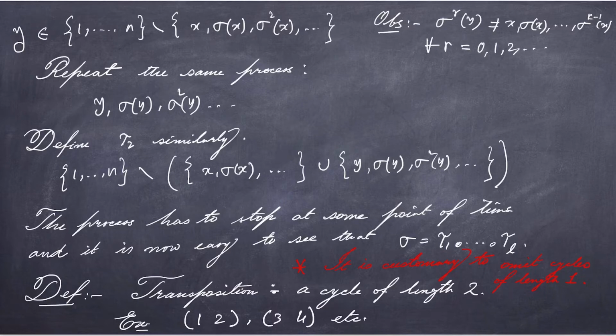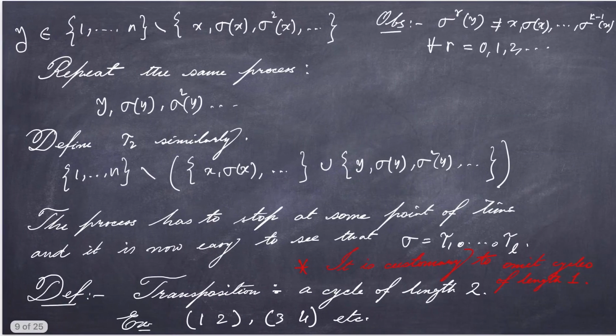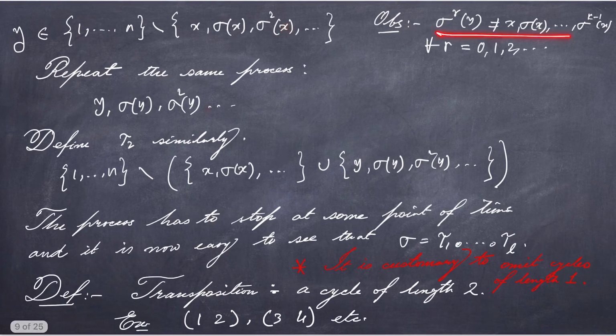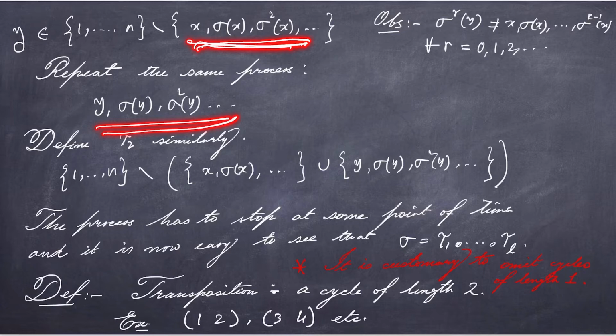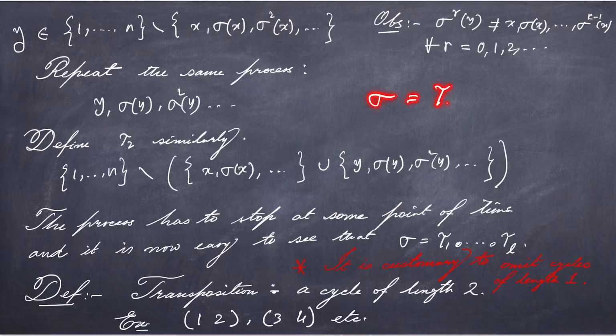Now this tau 1 and tau 2 that we have obtained must be disjoint, which is clear from this observation. If this list together with that list exhausts 1 up to n, then we will stop. In that case we do have tau 1 compose tau 2. Otherwise we will pick up